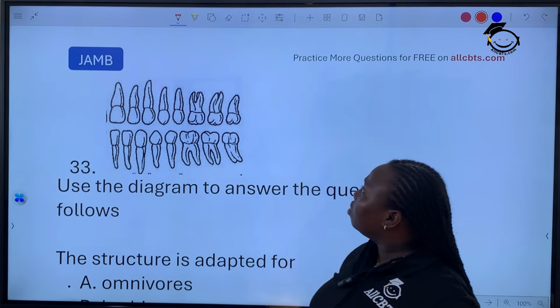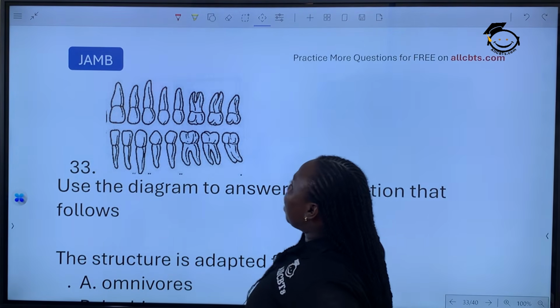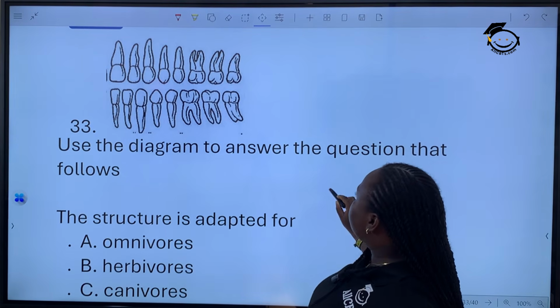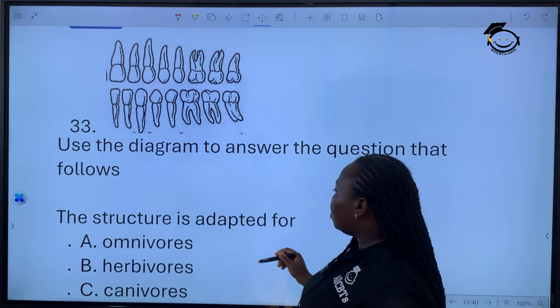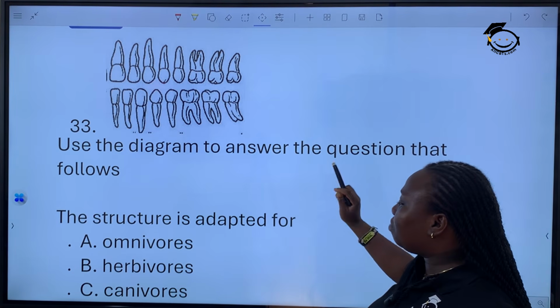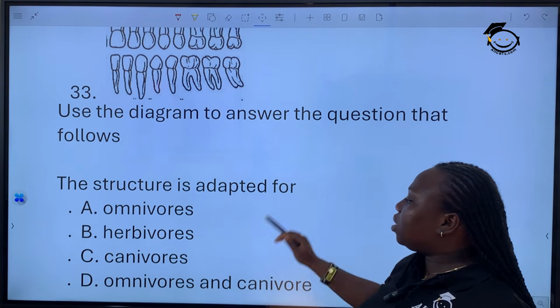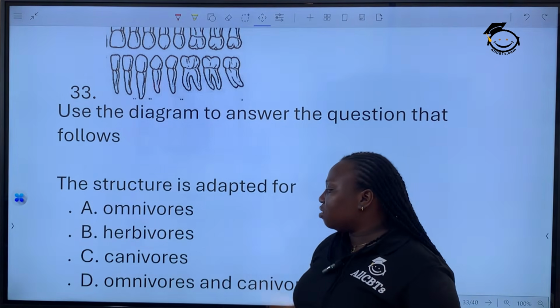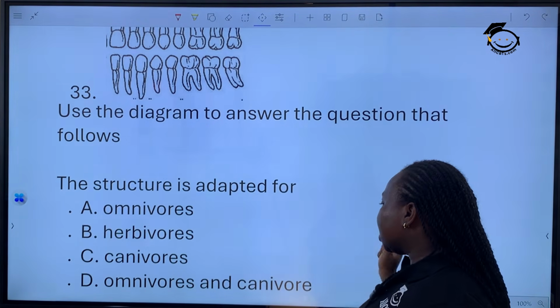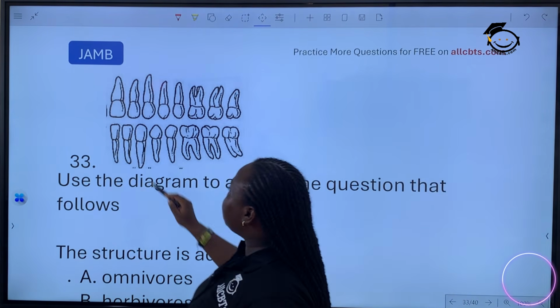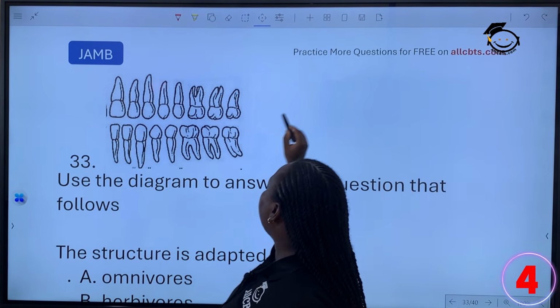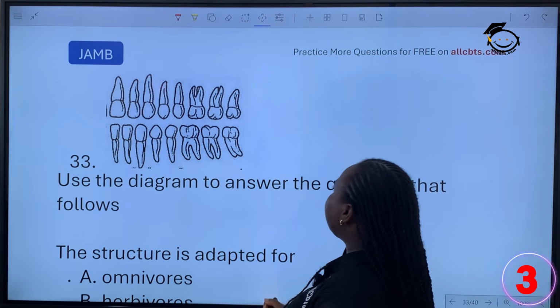Number 33. We have a diagram here. Use the diagram to answer the question that follows. What structure is adapted? This structure of teeth is adapted for A, omnivores, B, herbivores, C, carnivores, and D, omnivores and carnivore. Now, you can see that we have incisors, we have canines,